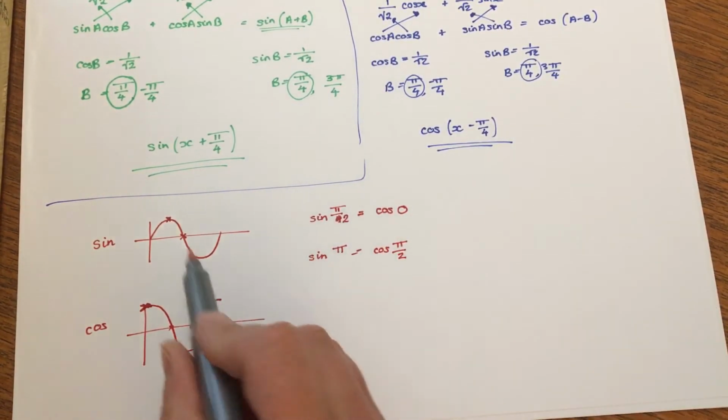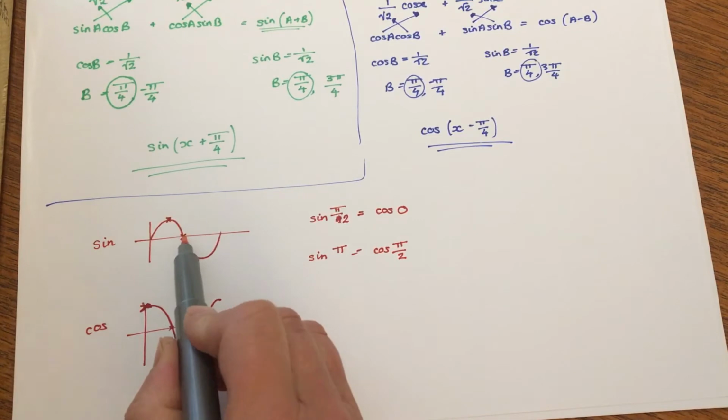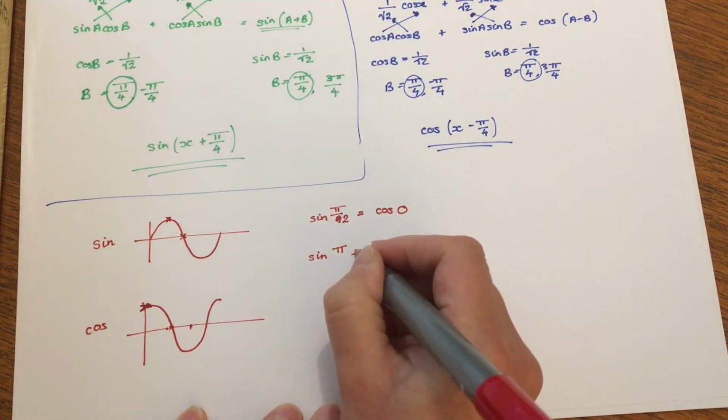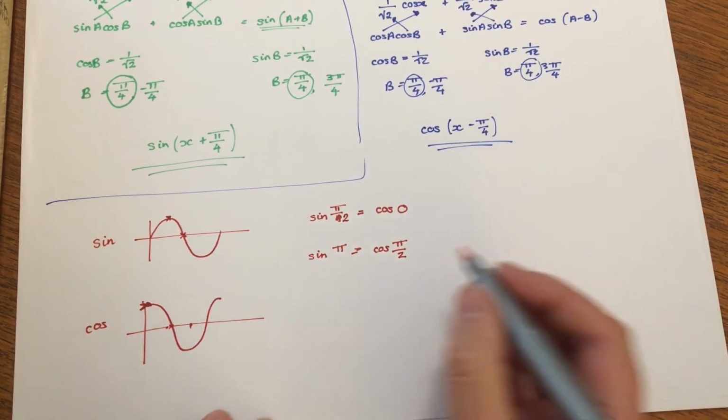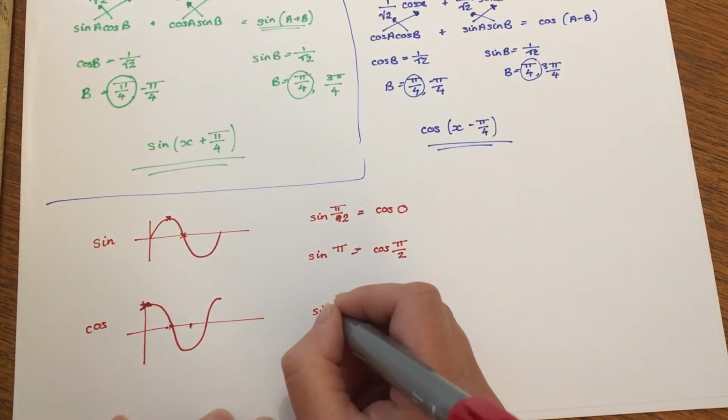Okay, so that is the same as that, that is the same as that. And if I carried on in that way and matched them up, I can find a relationship between sine of something and cos of something. So if I said I had sine of x,